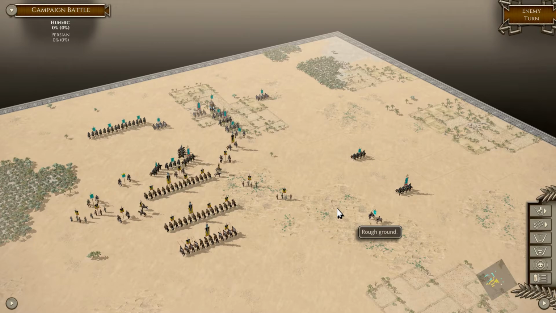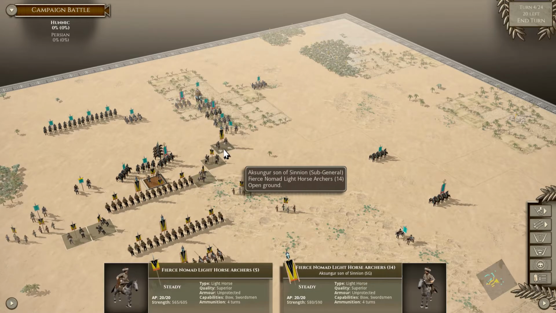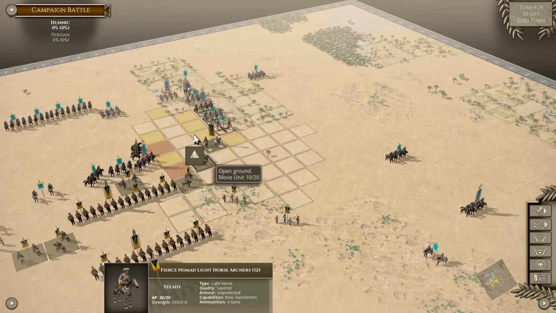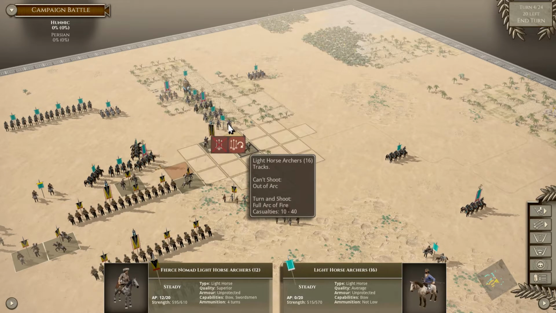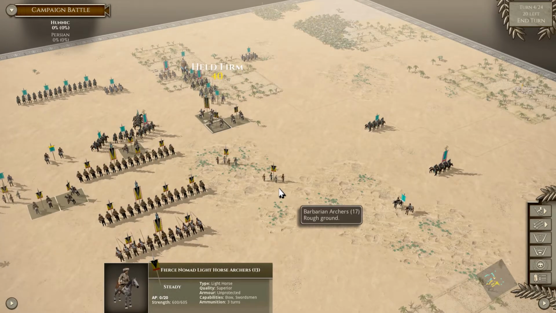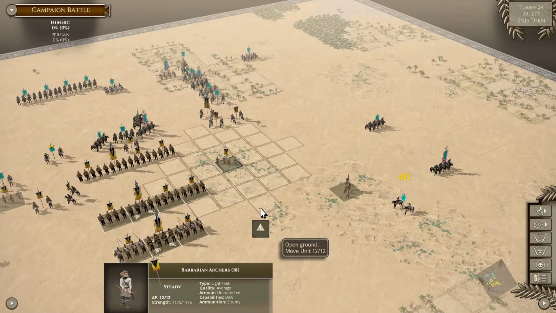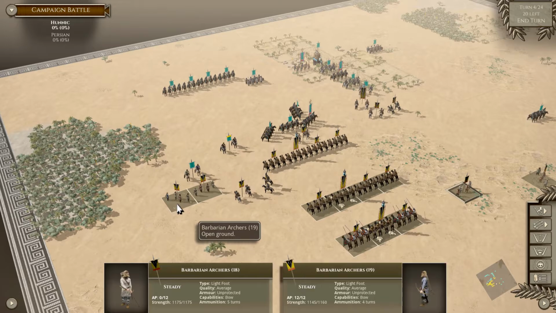Here comes his light cav coming around to our right. Okay, well, I don't think he can get out of there. No, he can't. But this guy can turn around and shoot. This guy can go there and there. Right back here. And use those guys to try to guard that flank for a little while. That won't be a...